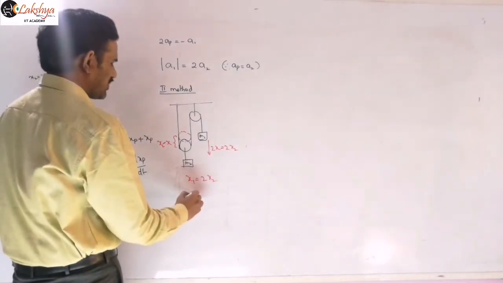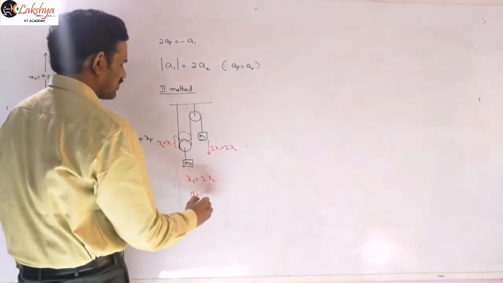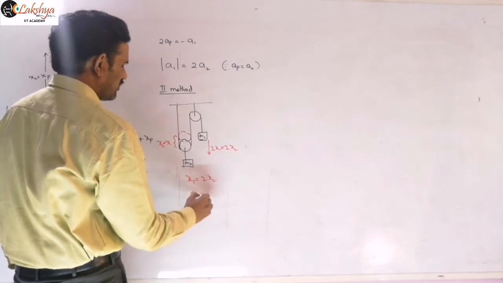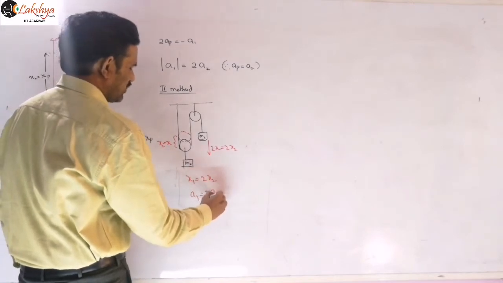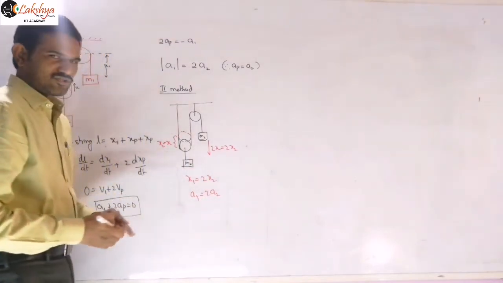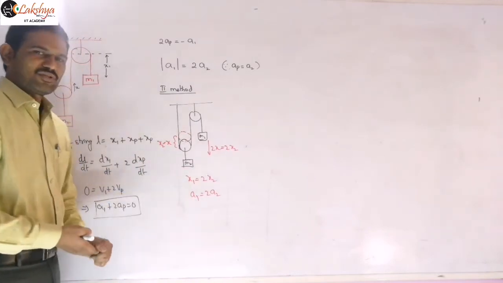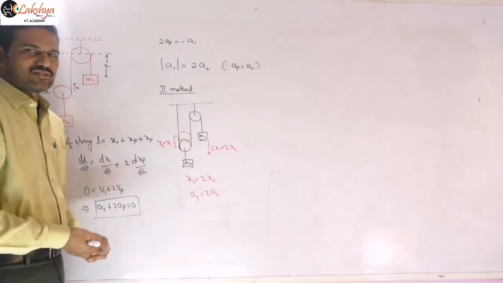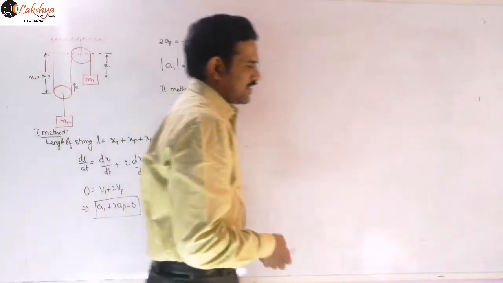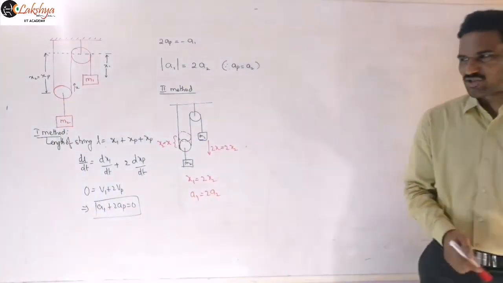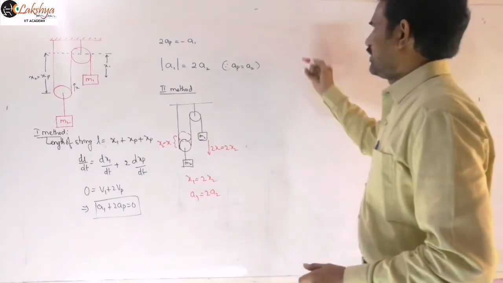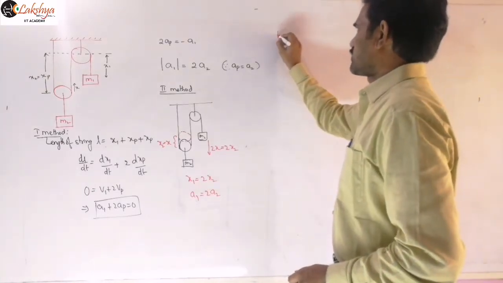And so from this you can write that the acceleration of this block, that means the acceleration of 1, will be equal to 2 into the acceleration of 2. That is in magnitude only. That is the magnitude relation we are writing here. So that is the displacement method. You can also answer that displacement like this. And now let us come to our third method here, the tension method. And so now this is finally the third method.